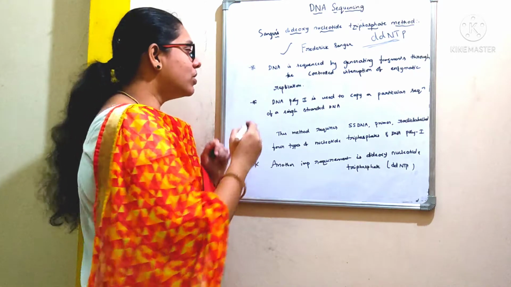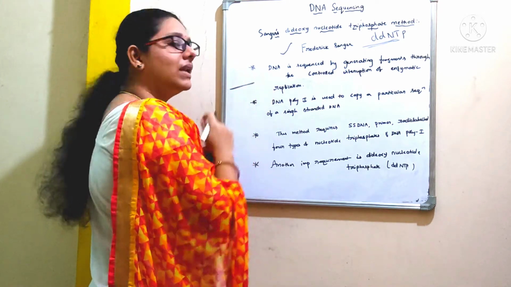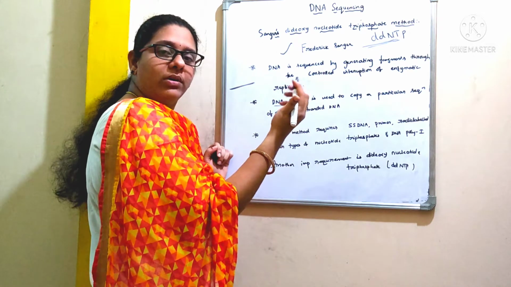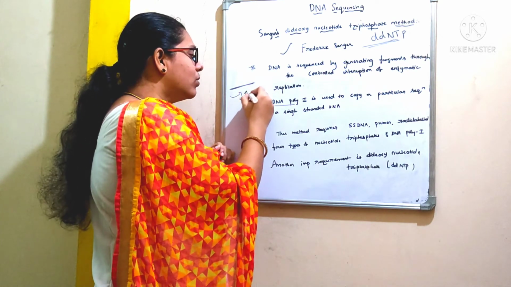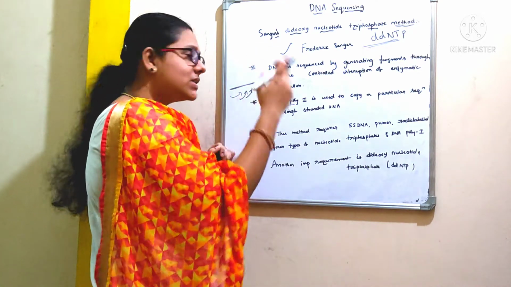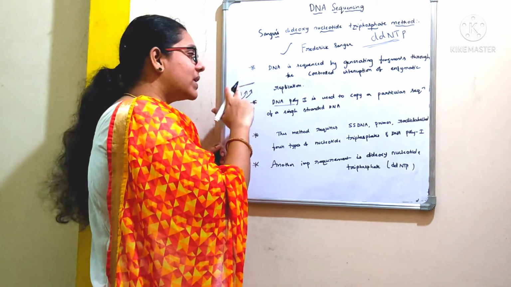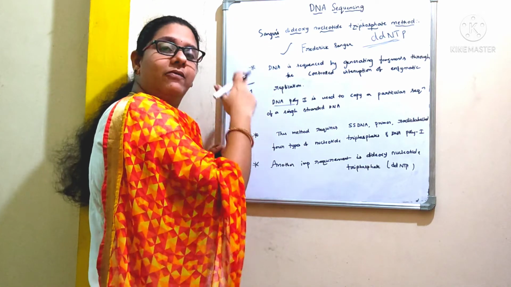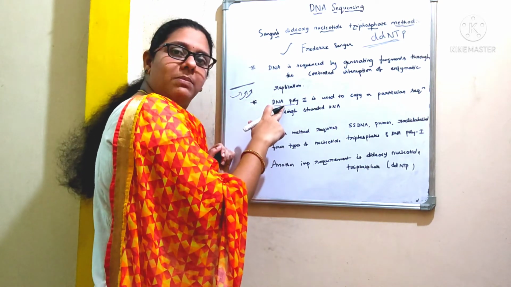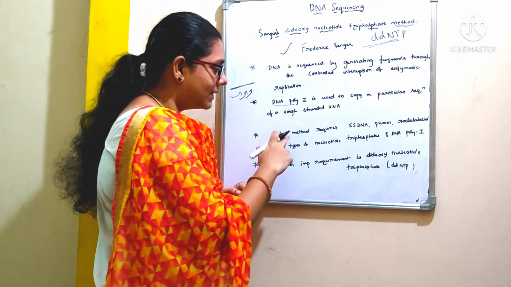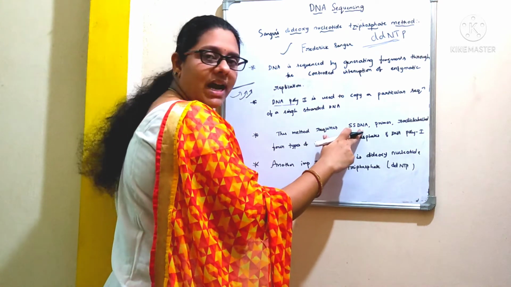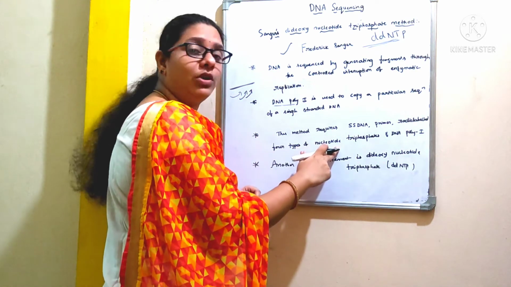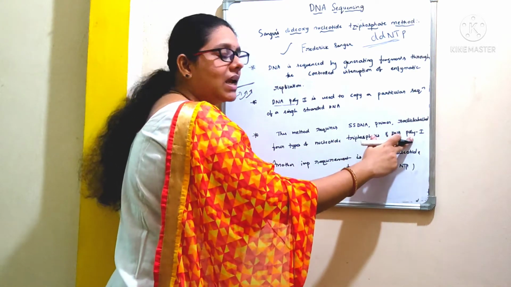As I told you just now, we are going to provide a DNA template, and when we provide this enzyme DNA polymerase, what is it going to do? It is going to add one nucleotide after the other based on the sequence information that is present on the template DNA strand. In this way, the other strand of the DNA will be synthesized with the help of this enzyme DNA polymerase 1. This method requires single-stranded DNA, primer, radio-labeled 4 types of nucleotide triphosphates and DNA polymerase 1.